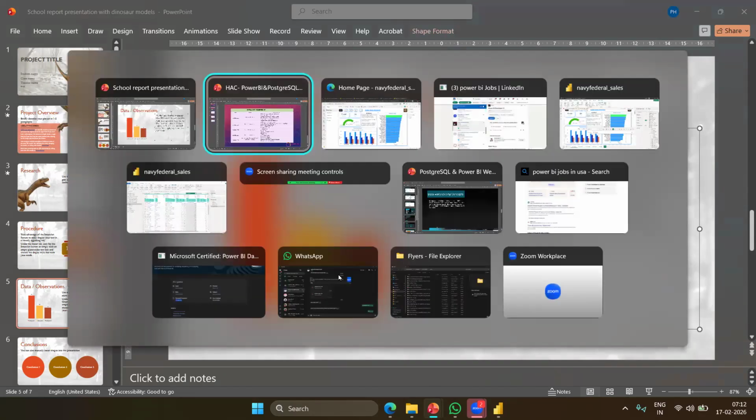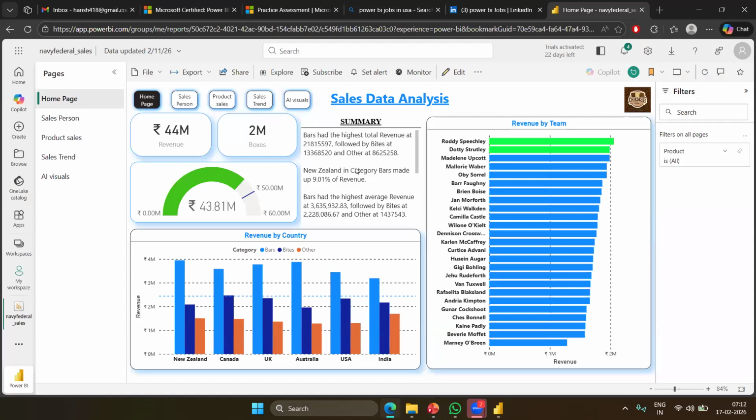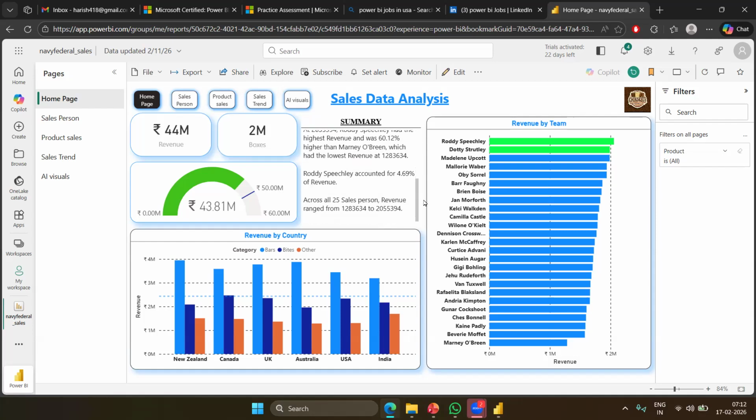Now Power BI has the artificial intelligence feature, right? Let me go to the portal itself. So here, this particular summary would also be automatically written based on the visuals that we are seeing.